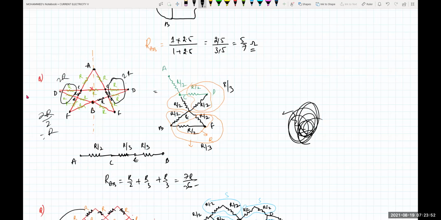Yes, sir. Now see, this 2R by 2 is R. That R is in right now. When you're overlapping, the C and E are also overlapping, beta. This one and this one are also overlapping. So R and R, when they are overlapping, this will become how much, beta? R by 2. Between C and E, it is R by 2. So C and E R by 2, this R by 2, this R by 2 are in series. So this will become how much? R. So this R and R by 2 will be which combination? Parallel. So that will become how much? R by 3.